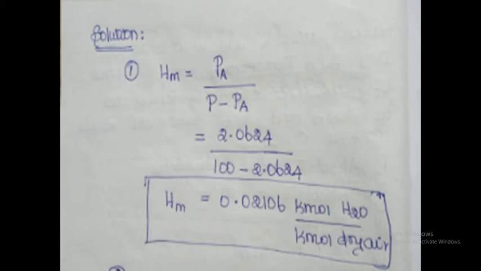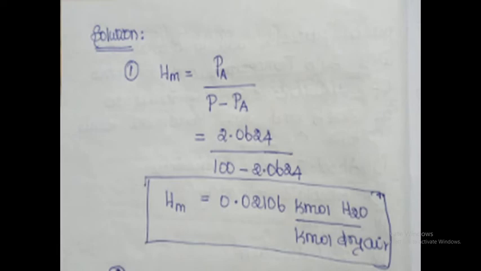So from our problem, the air-water is the system. So air is component B, water is component A. Are you clear? Okay. Always you should take the vapor as component A, gas as component B. For our case, water is a vapor, air is a gas. So that's why air is component B, water is component A. Are you clear or not? Okay. Always you should write water vapor or component A in the numerator, and gas or dry air or component B in the denominator.